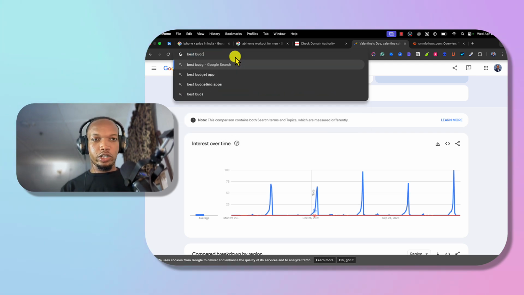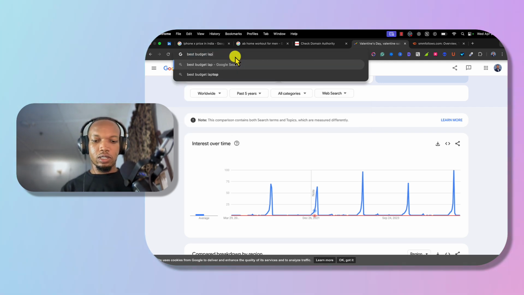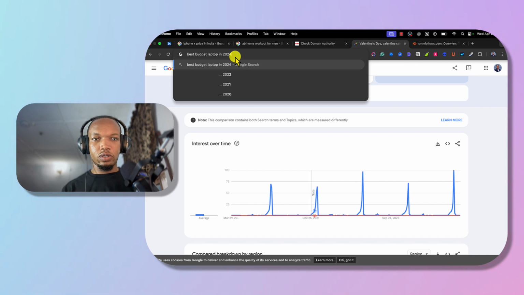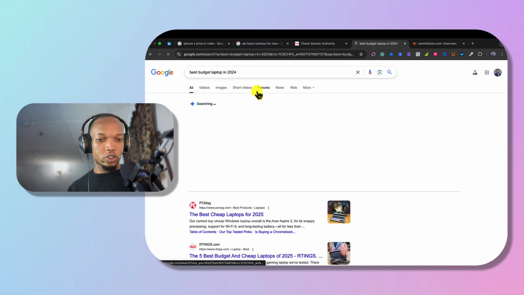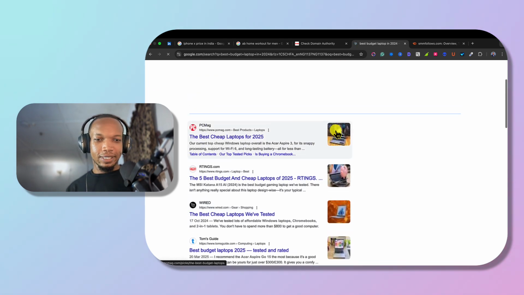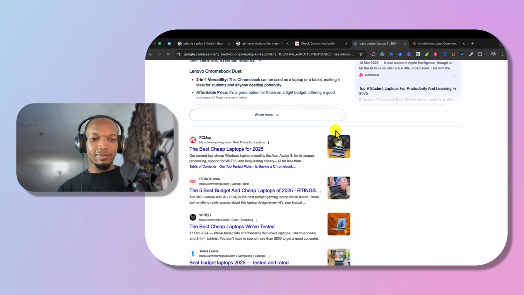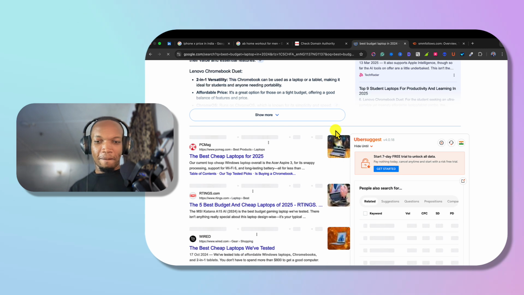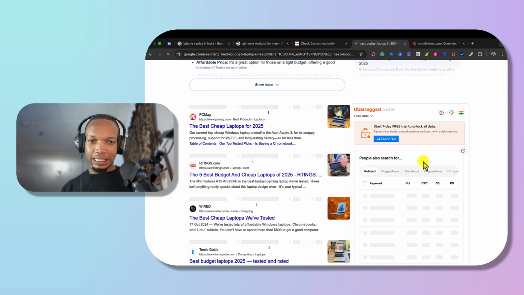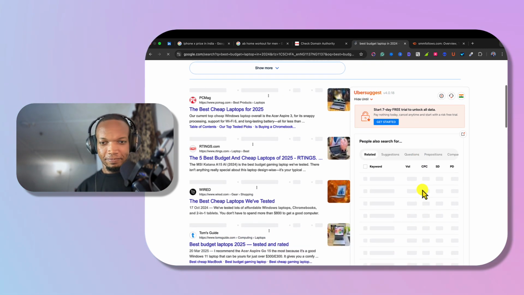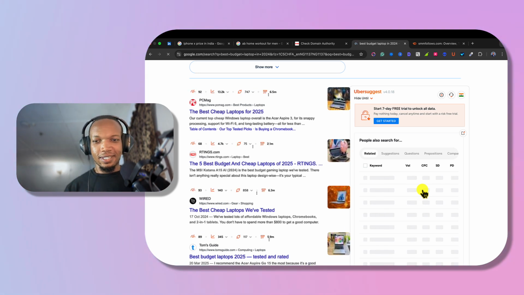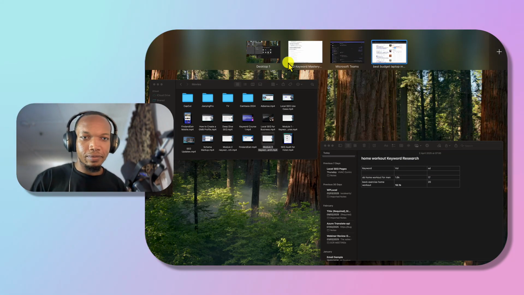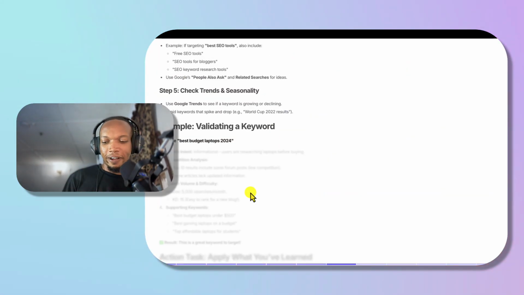Best budgets. I know this is going to be a very healthy keyword. Devices. Let me see now. I just pray. I'm not sure. I'm waiting for it to start to come out. So while we're waiting, let's validate.